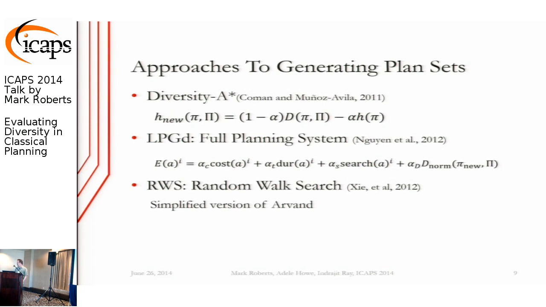Some of these are already shown. I called it diversity A star. This is the greedy FF thing that Dan was talking about. The heuristic is just a weighted combination of our distance metric, which is often diversity, and the original heuristic that we have. The LPG system does a similar thing. It weights the distance metric alongside the heuristic. And I'm going to show some results that will demonstrate why that may be problematic for